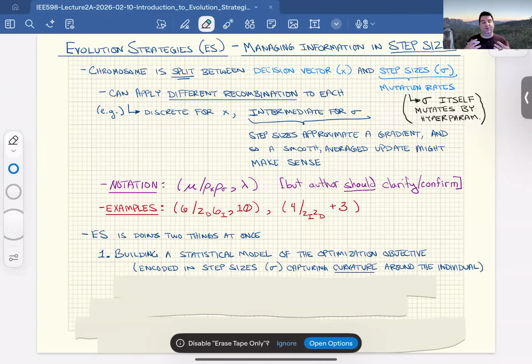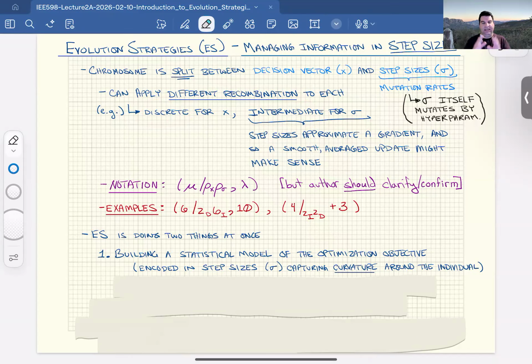Just keep in mind that as we're looking through these ES, overall, ES is doing 2 things at once. Because it's doing so much with these step sizes, over time, those step sizes are going to capture the curvature around the individual. So you basically can imagine that if you have 2 individuals that are at the same point in the decision space, if one individual has very large step sizes that make it so that that individual's offspring go to a vastly different part of the fitness space, where it's far less fit,